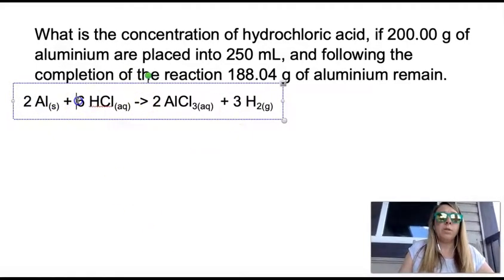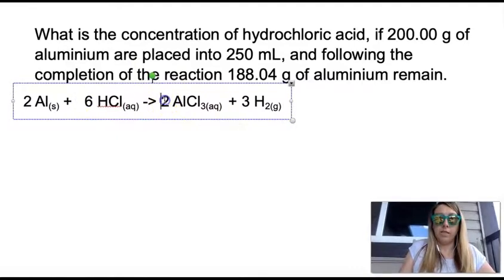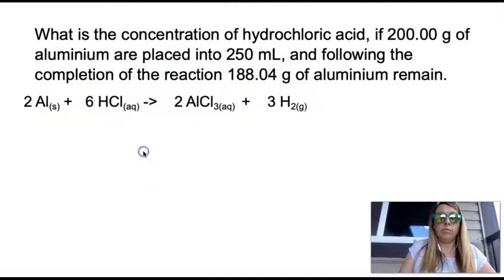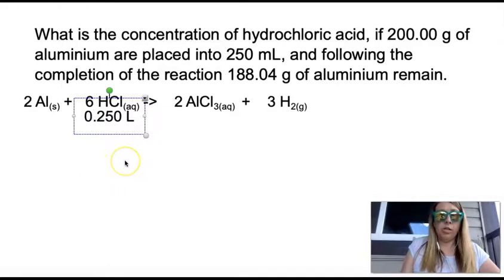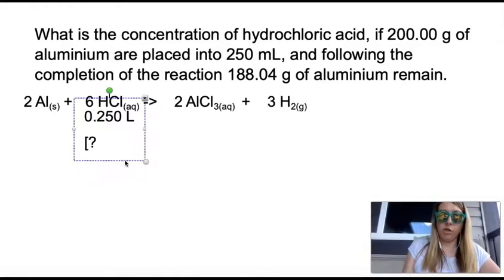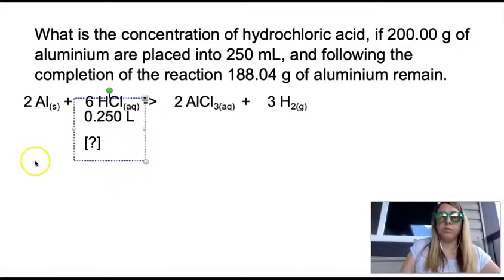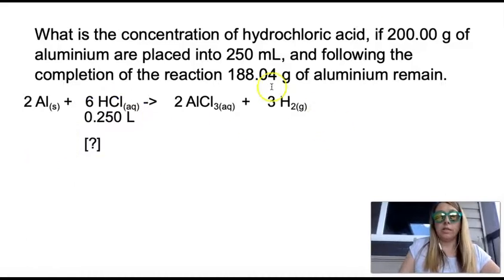Okay, so this one is a little bit trickier to balance. Sometimes it takes a little trial and error. Okay, so that part of the question so far was the same. Okay, we know the volume of HCl is 0.250 liters. Okay, we are looking for the concentration of this. That's our unknown. So here's where this question is a little different, is it gave me the initial mass of